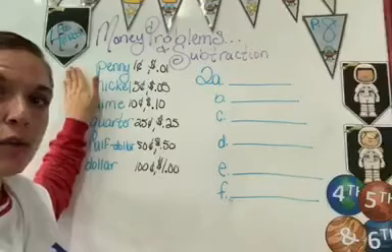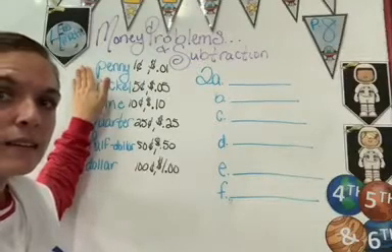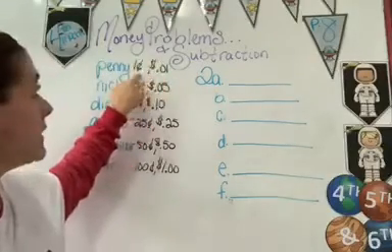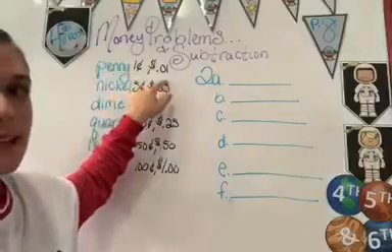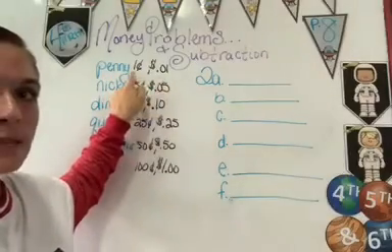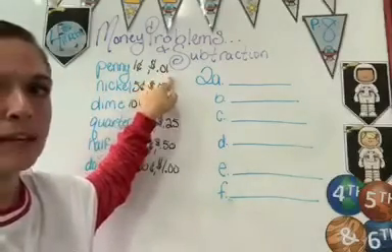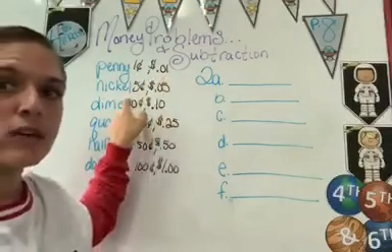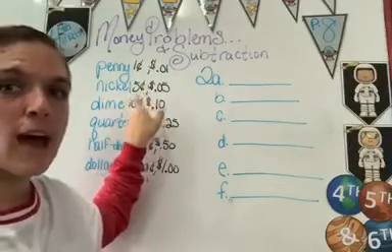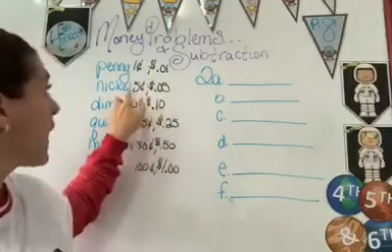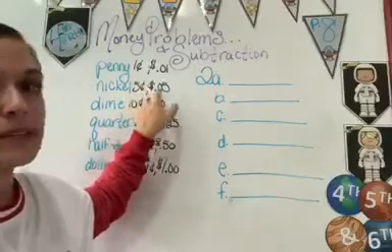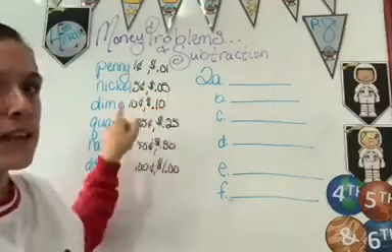Because you need to know that what? A penny is 1 cent. And there's 2 ways to write cents, okay? You have 1 cent right here, and you have 0.01 for your money. Then a nickel is worth how many centavos? 5. So it's either 5 cents or 0.05. Then a dime is